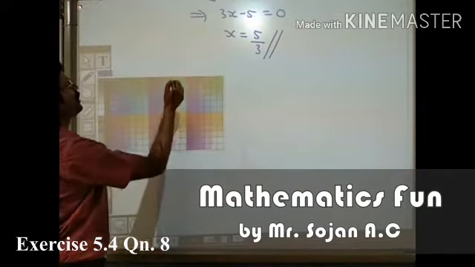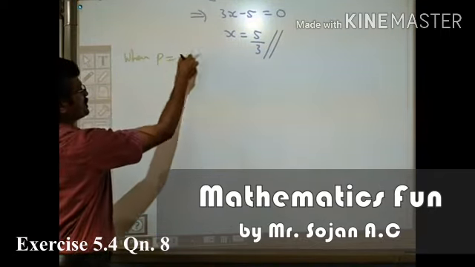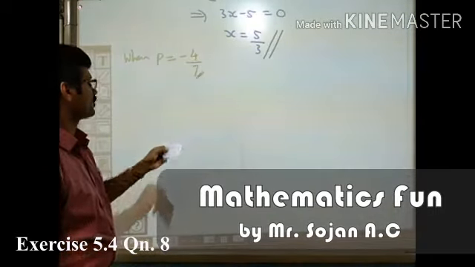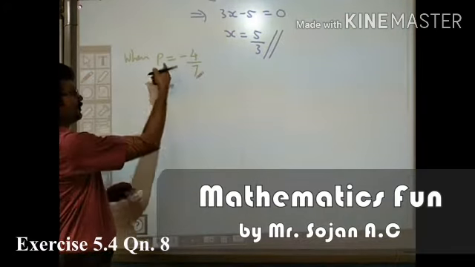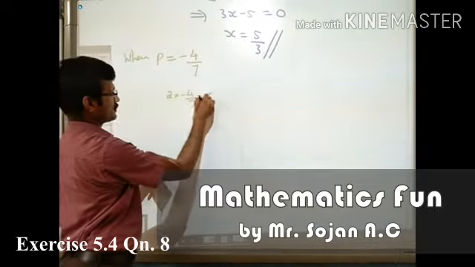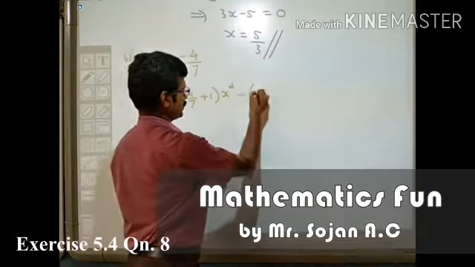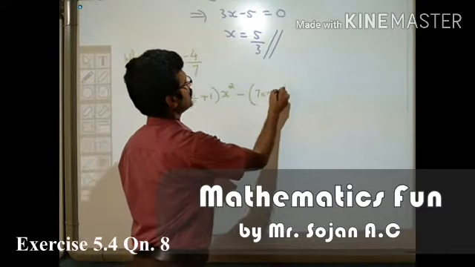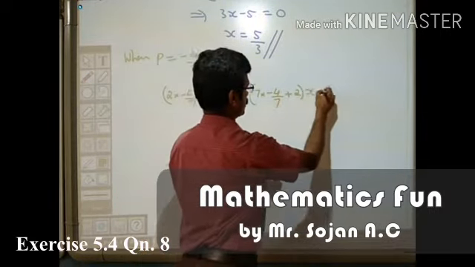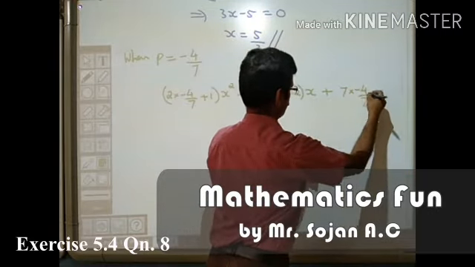When p is equal to minus 4 by 7, we have simplified and put the value of p as minus 4 by 7. So it will become the first one: 2 into minus 4 by 7 plus 1, x square, minus 7 into minus 4 by 7 plus 2, into x, plus 7 into minus 4 by 7 minus 3